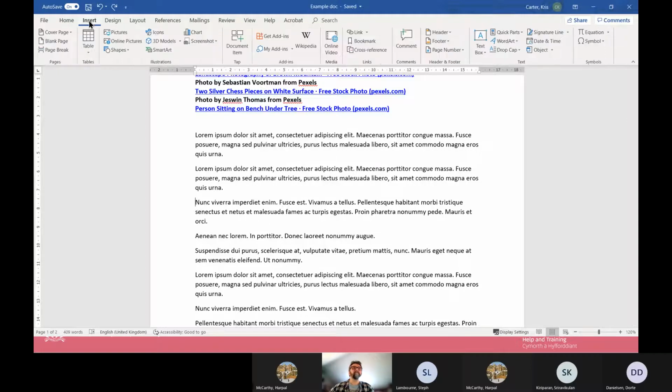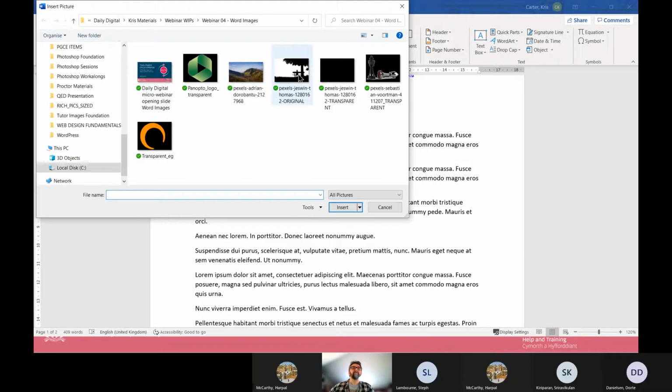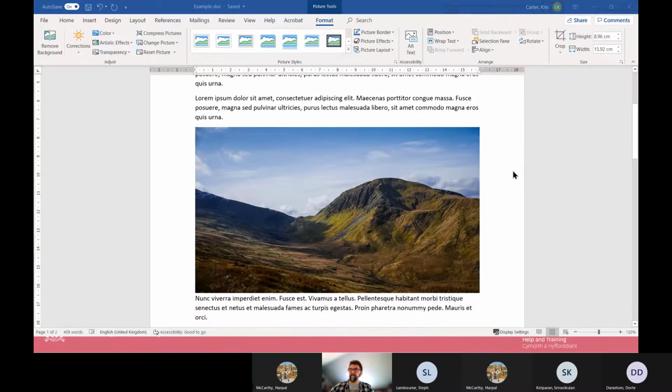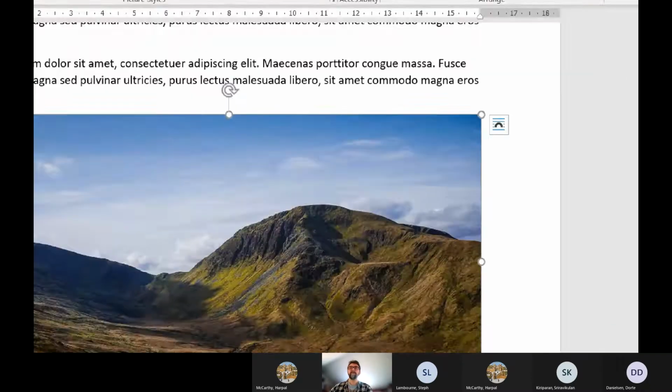I'll use the insert button, then the pictures menu. I've already got an example folder here where I've got some images I want to use, so I'm just going to insert this initial image. It's got some nice mountain-top imagery here. When the image is first placed in the Word document, it places it wherever the cursor was originally set up. Then when you click the image itself, you'll notice that in the top corner of the image